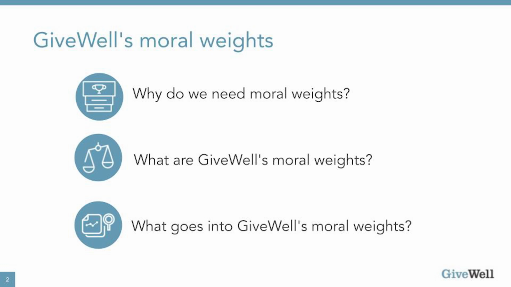And in order to do what GiveWell wants to do, which is create a prioritized list of all of the giving opportunities that we see in order from most to least cost effective, and then use the funds we have available to fill it, starting with most cost effective until we run out of money, we need to have some sort of way to do an exchange rate between different types of good outcomes. And that's why we use moral weights. It's an input into our cost effectiveness analysis.